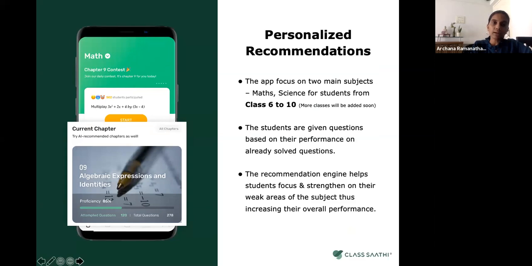So the Saathi AI gets smarter with every question that the students solve. And how this helps students is that it allows them to focus on the skills that they are weak in, strengthen those skills, and thus make overall progress in their learning.